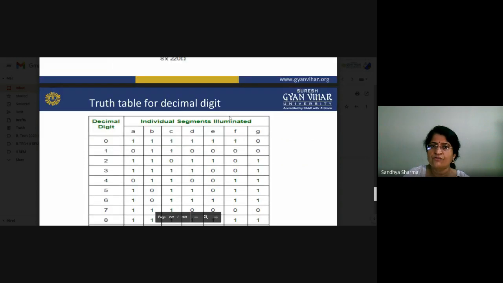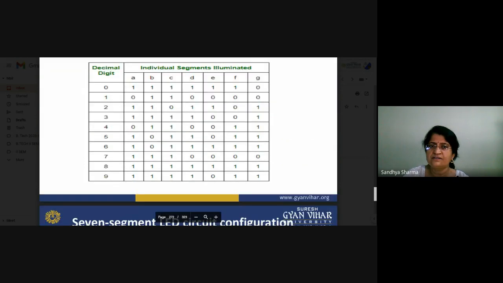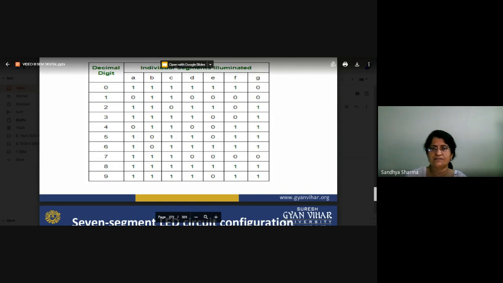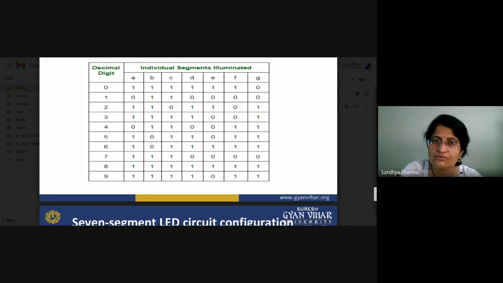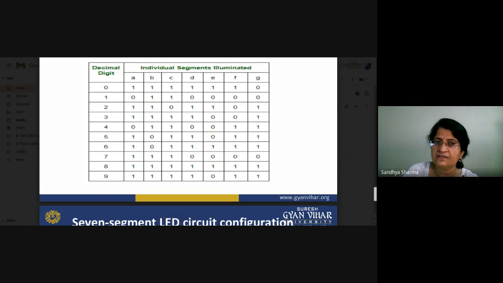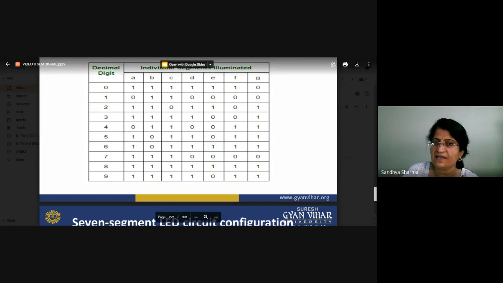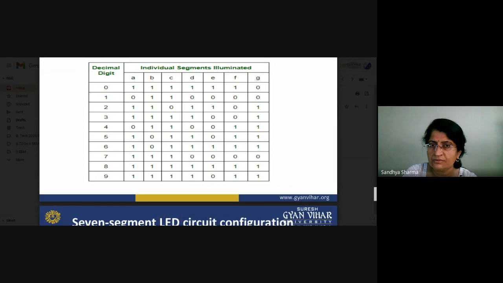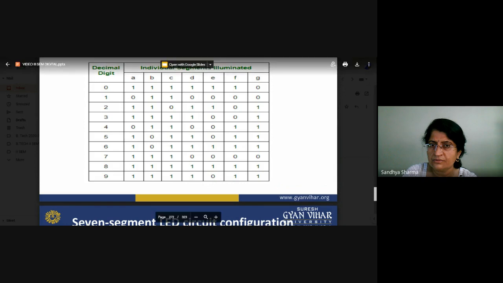So that is basically how you can design it. There are A, B, C, D, E, F, G. So there are the 7 elements, and these are equivalent to the decimal digits 0, 1, 2. So how many segments make a 0? There are 6 segments active high and G is low, then it will show the 0. What about 1? For indicating the 1 in decimal digit, the B and C segments will be high and the remaining will be low.